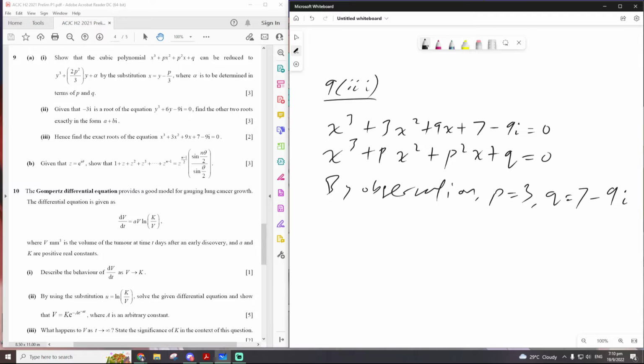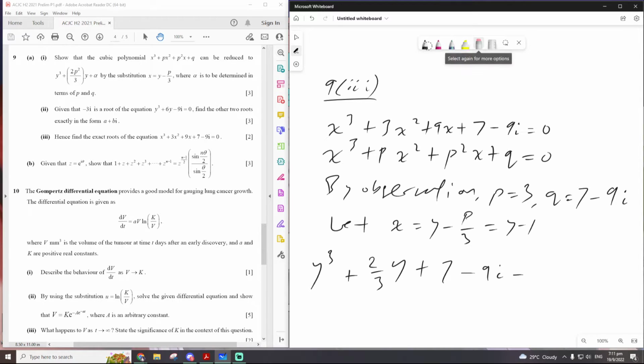So let x equal y minus p over 3, which equals y minus 1. So this will be reduced to, based on the earlier part, y cubed plus 2 over 3 y plus alpha. Alpha was q minus 7p cubed over 27. So q minus, so 7 minus 9i minus,